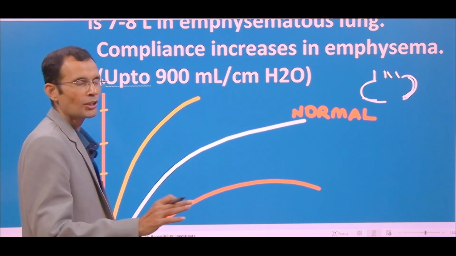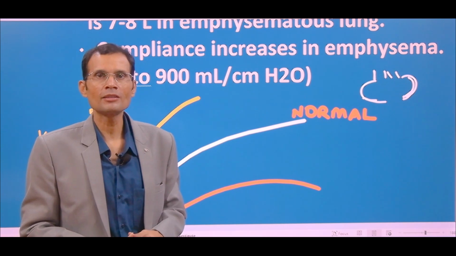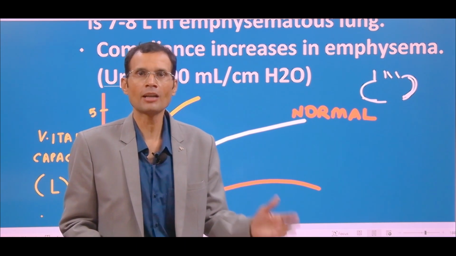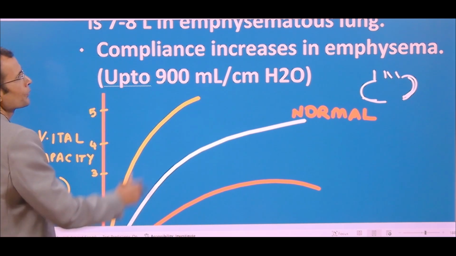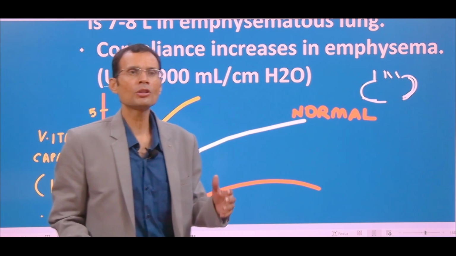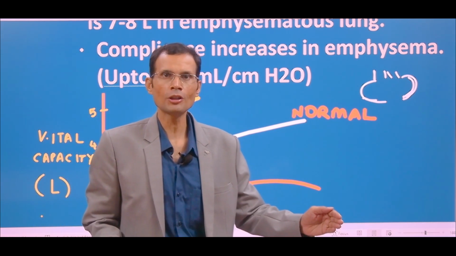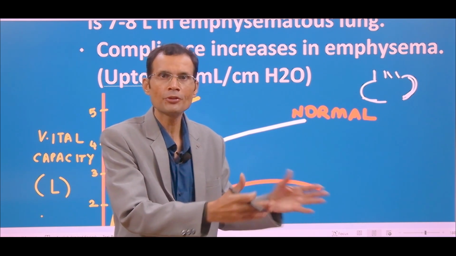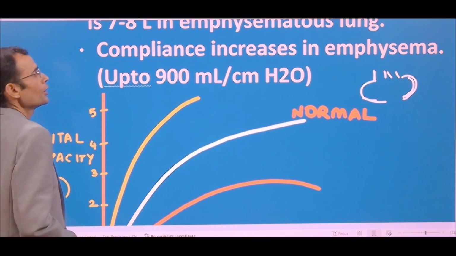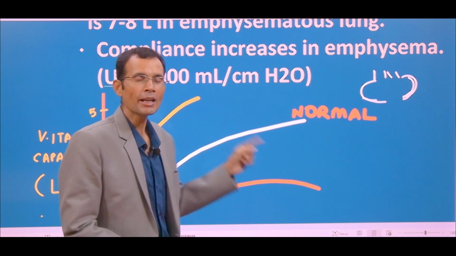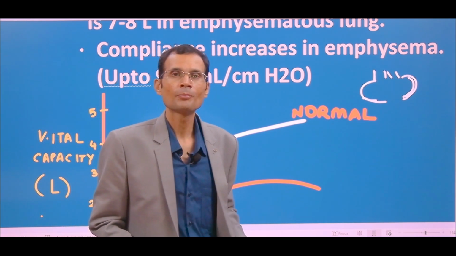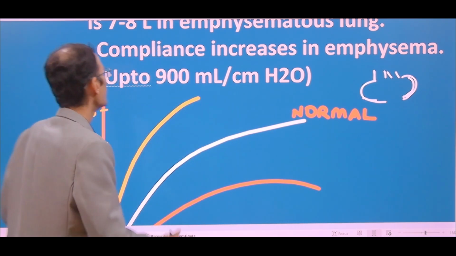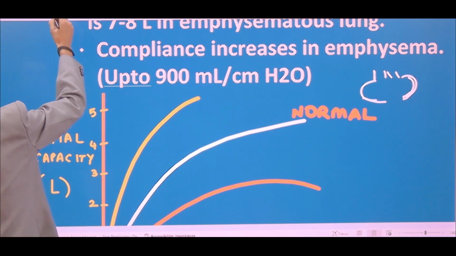We saw at the start of the video that lung compliance increases. So it should have been good actually. No, it becomes a curse rather than a boon. Why? Let's see. Normally the lung compliance is about 200 ml per centimeter of water. For every 1 centimeter of water pressure change, the lung distension is by 200 ml, 250 ml, etc. But here it can increase up to 900 ml per centimeter of water. That means almost 3 times the normal. So that's what happens with emphysema.